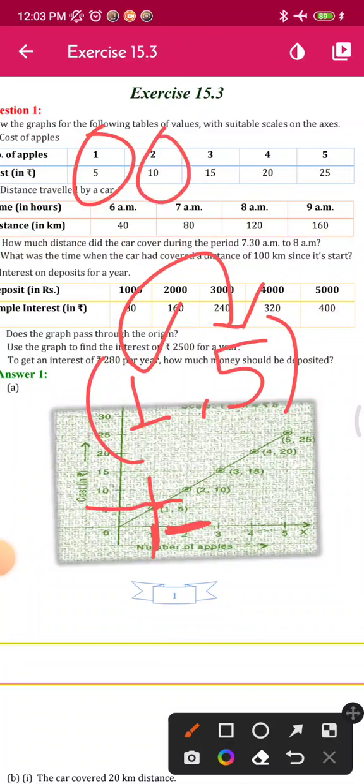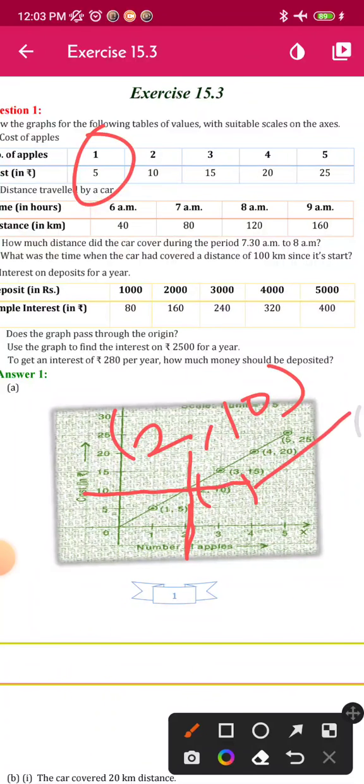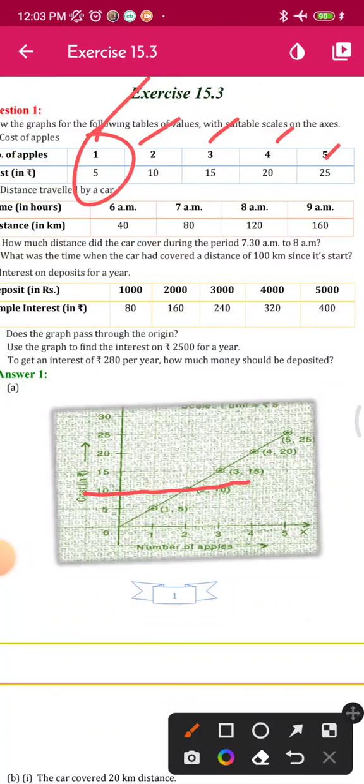Similarly for 10, you can see easily: from 10 I am taking a line, and again from 2 we are taking a line. So from 2 and 10 that is the intersection point. Name this point (2, 10) and so on. You can do the further points, and you will get 1, 2, 3, 4 and 5 points in your graph paper, because 5 points are there.